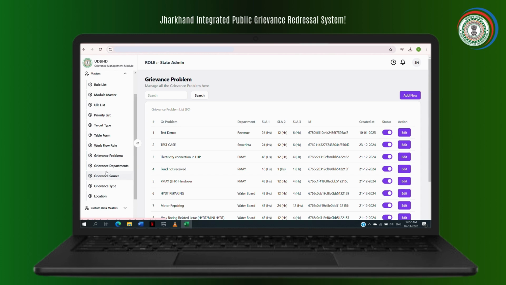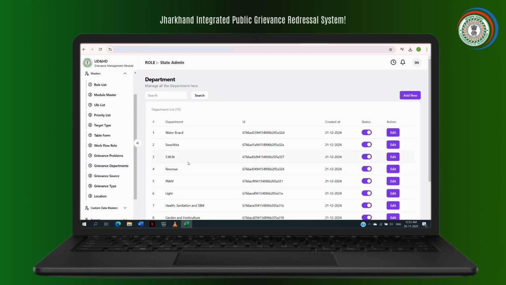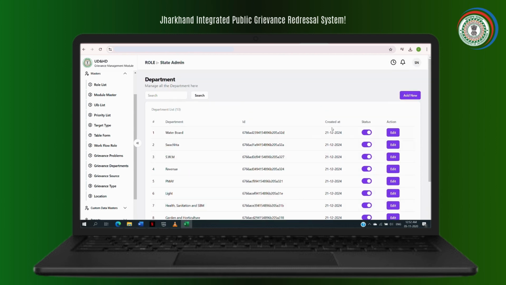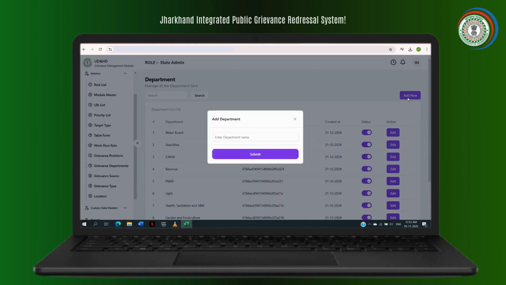To manage all grievance departments, select the grievance departments option. The list of grievance departments will be displayed along with the following details: grievance department ID, created date, status. Edit option allows users to modify existing grievance departments. To add a new grievance department to the available list, the user can select the corresponding option and proceed with